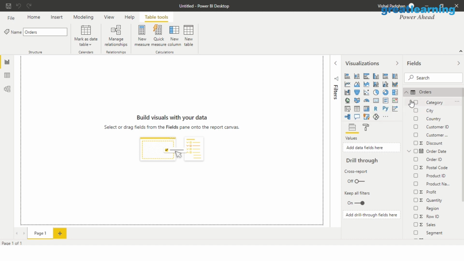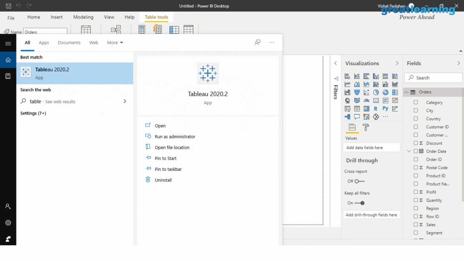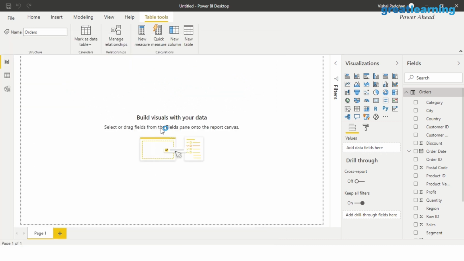Now, in case of Tableau too, you have a very similar interface. The fact that we are talking about different data visualization tools, let us go ahead and look for Tableau as well. So I'll show you their interface as well. How does Tableau work? Okay. So meanwhile it opens, let's continue talking about it. So these are the different sources through which you can import data. You see the summation sign here.